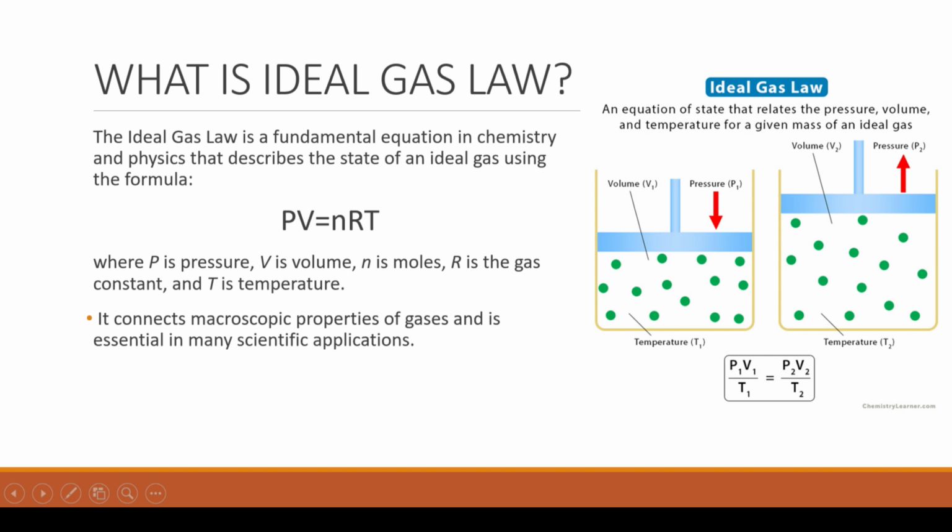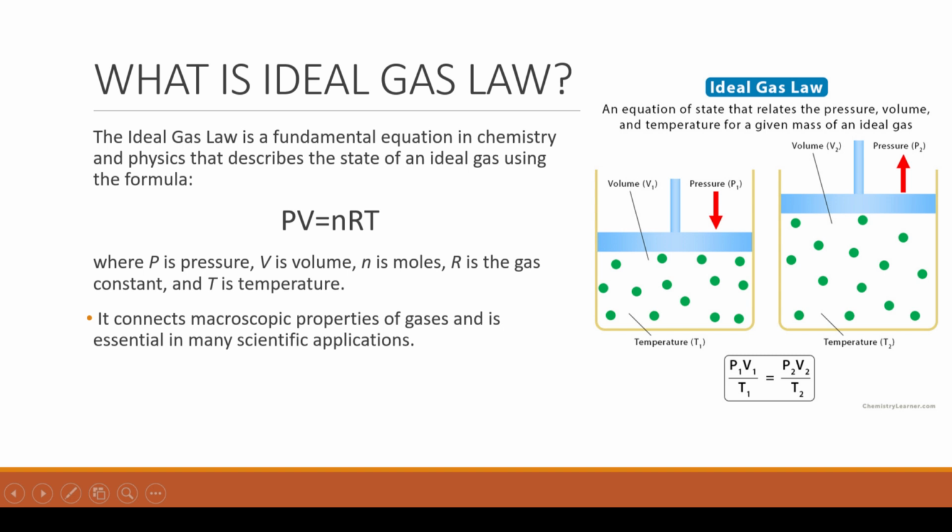What is the ideal gas law? The ideal gas law is a fundamental equation that describes the state of an ideal gas. It's one of the key principles that ties together several gas laws like Boyle's law, Charles' law, and Avogadro's law. These individual laws each describe a specific aspect of how gases behave, like how pressure changes with volume or how volume changes with temperature. But the ideal gas law combines all of these into one equation that covers all the